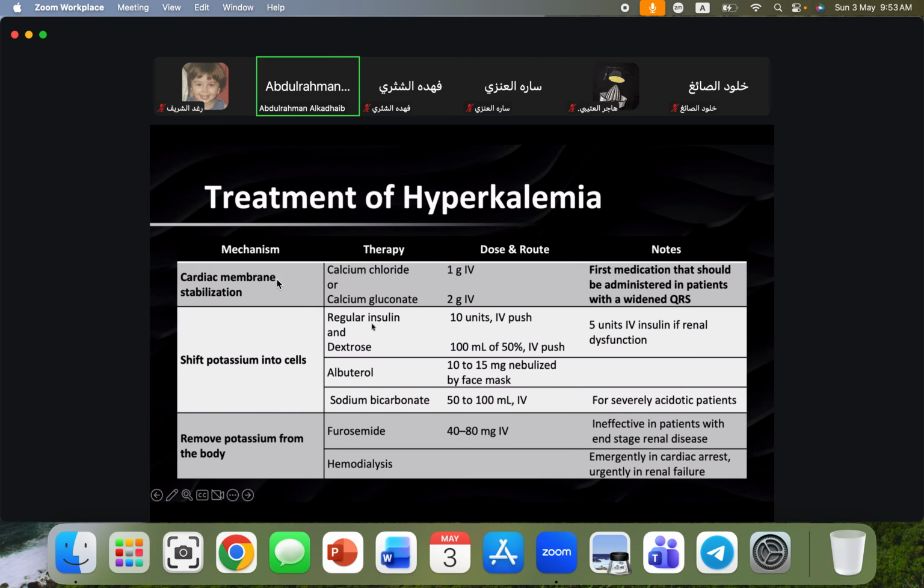And basically the insulin with dextrose, again, this will cause shifting of the potassium into the cell, but just keep in mind the dose of insulin in patients with renal dysfunction should be lower, which is basically 5 units instead of the 10 units that we use in other patients with no renal impairments. And the reason for that, basically because patients with renal impairment will actually have very limited ability to excrete